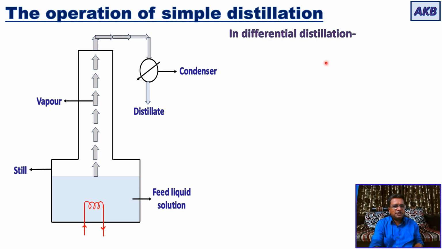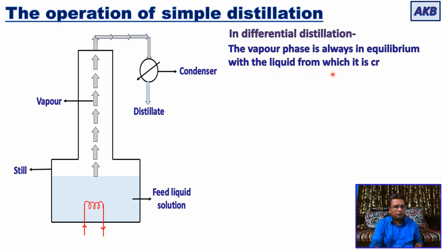Now in differential distillation, what is the case? The vapor phase is always in equilibrium with the liquid from which it is created. What is the reason? Because ideally, theoretically, it is a combination of successive flash distillation steps, and in each flash distillation step, the vapor phase will be in equilibrium with the liquid. So that's why in differential distillation, the vapor phase is always in equilibrium with the liquid from